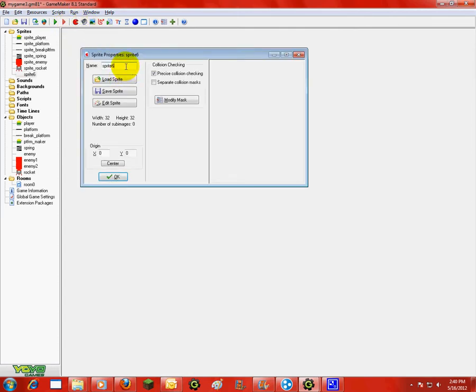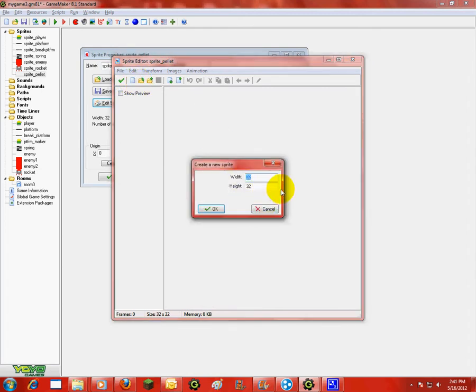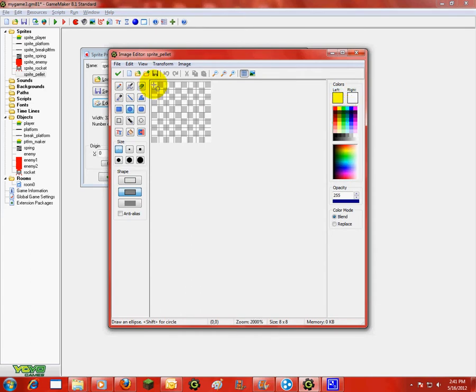First, we need a new sprite. Call it pellet, and I bet I misspelled it, but I don't care right now, because you don't really see how you spell it unless you do something that makes you see it. But anyway, I digress. Let's go into the image editor and make a pellet. And I'll just do that. Actually,